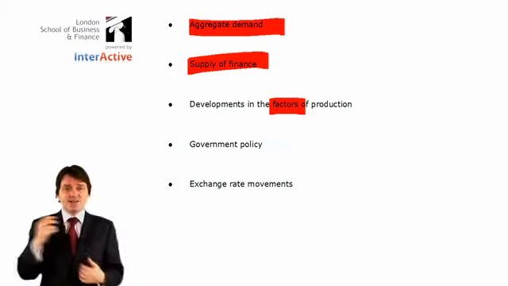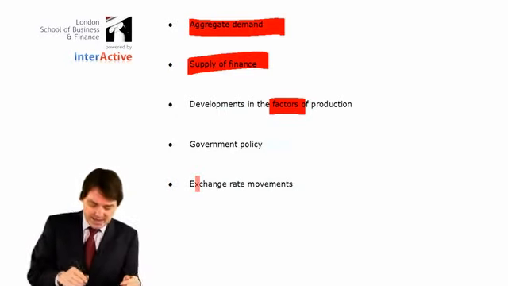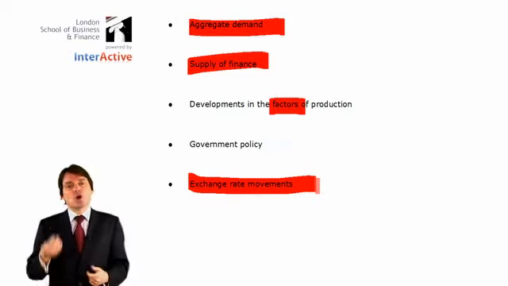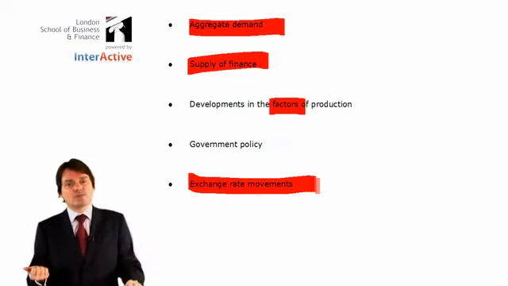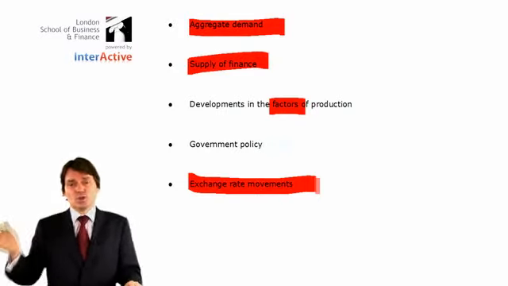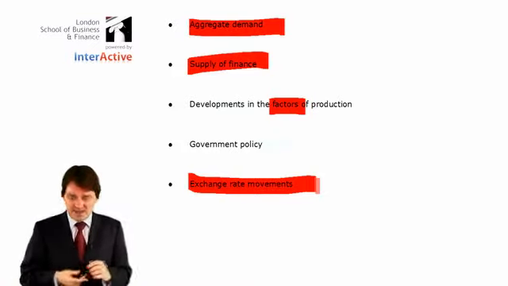Government policy, again, spending, expanding, contracting, what are they doing? And exchange rate movements, again, fit in with things like foreign exchange. What is happening to our currency? Getting stronger, getting weaker. Both of those present problems in different ways. There's an awful lot of things that go on that actually affect what happens with the economy. Now, as I say, you're not expected in this paper to understand all of them.